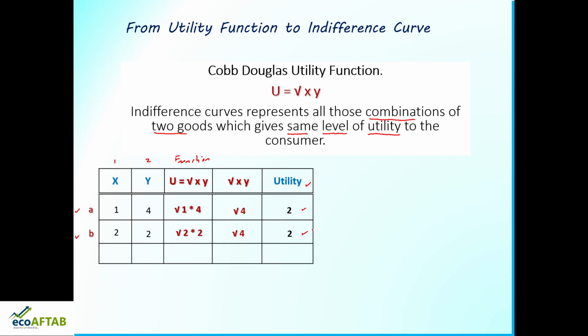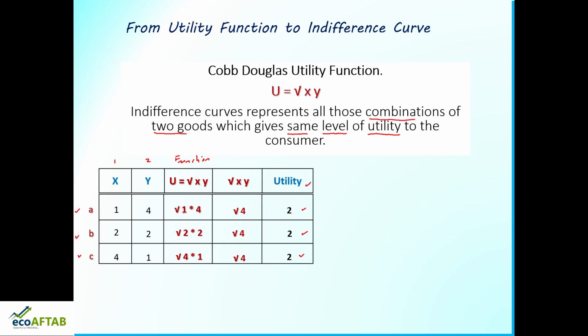Chalo, let us see one more combination. If I take 4 units of x and 1 unit of y, and we will call it as combination C. So, यहाँ पे भी क्या होगा? Our utility will be the same, it will be 2. So, you can see different combinations of two commodities giving us same level of satisfaction. So, this I can call it as a schedule, but now we will go ahead and try to see with this schedule can we have an indifference curve?